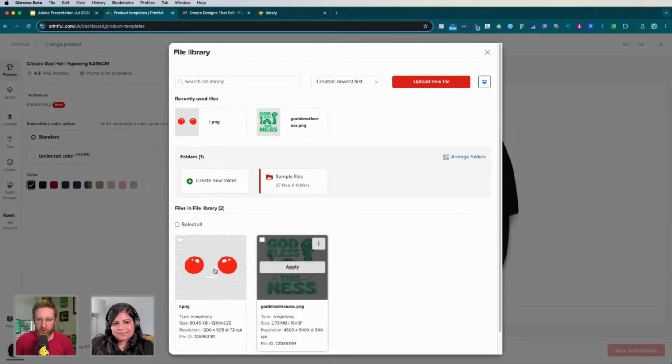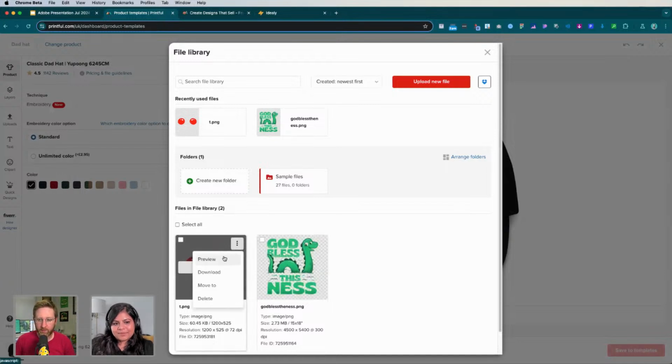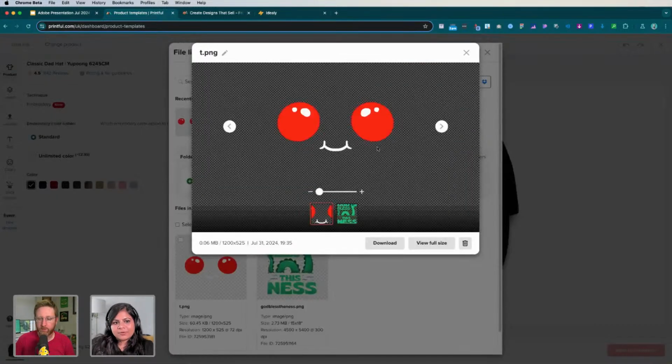Can you probably see it there? Is the file laid out differently than what we did today? So obviously it has its own dimensions, so it fits on the cap. But this is just a PNG, and this is literally exactly the same as the design we just did. This is just red and white.